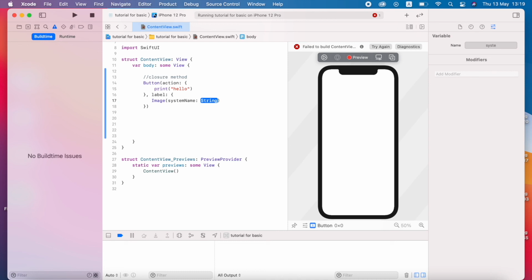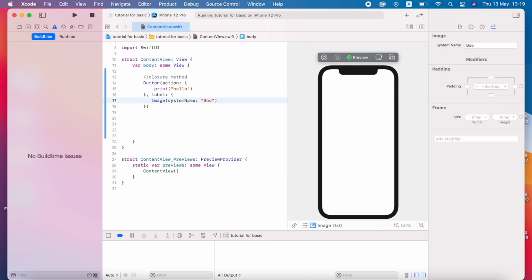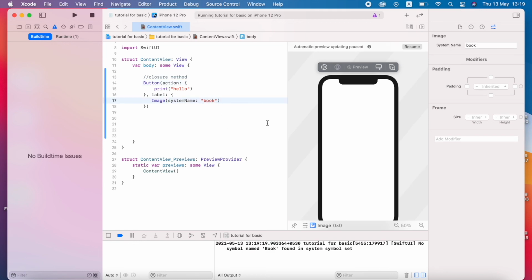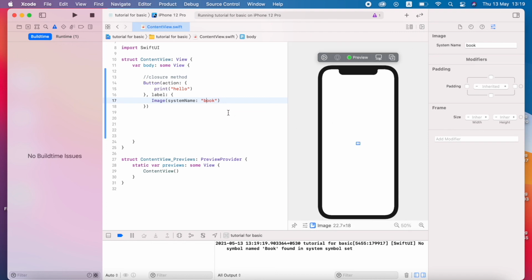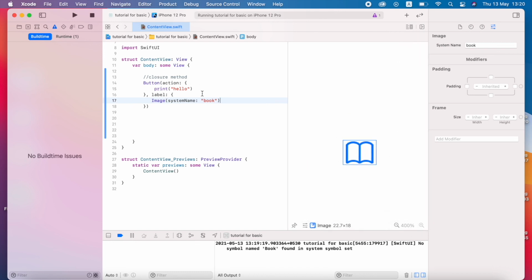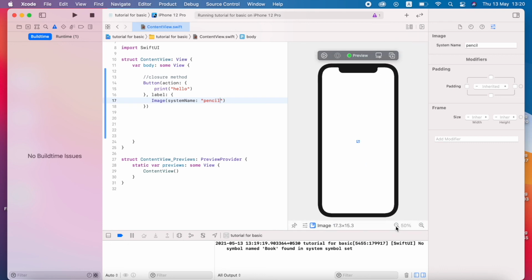In this system name I have to pass the value, so I just pass the book. So you can see in the button center one image appears. If you want you can change the property as you wish. In my case I just change it to pencil.